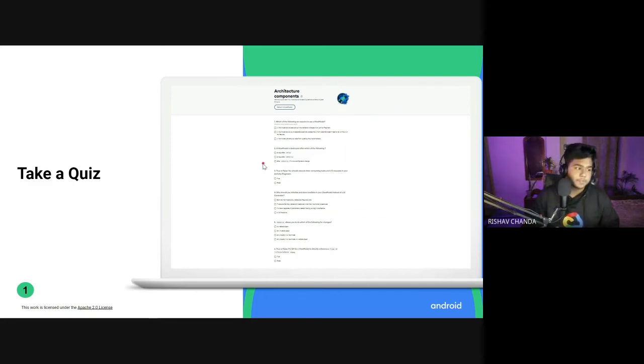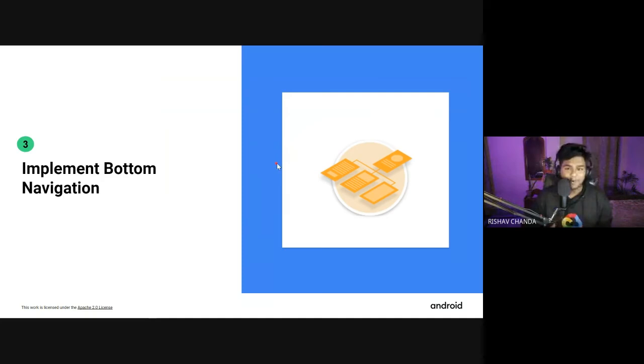Okay. So after this, the most important thing and the craziest thing that comes out here is the bottom navigation bar. So let me clear it first, because bottom navigation is not shown in the course by Google, but I would be showing this one because this one is cool stuff. Like the apps you use, YouTube or Instagram, they have the bottom navigation bar, right? So I would be showing you this bottom navigation bar.